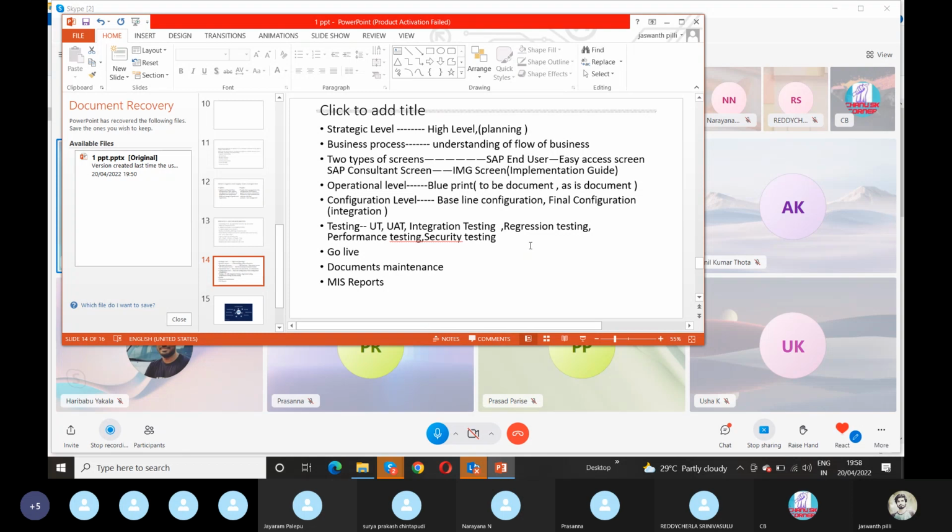Coming to the strategic level, there are 5 types of roles: strategic level, operation level, configuration level, testing and go live, and documentation maintenance and MIS reports. The strategic level belongs to high-level planning and all. It is a high-level category, like here